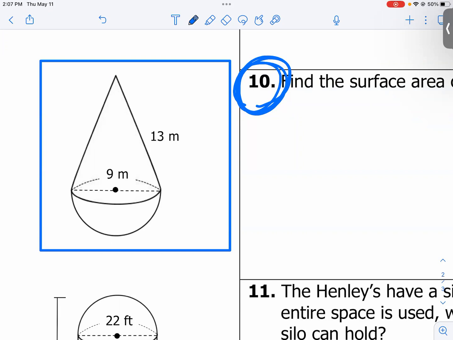Okay, what do we need? So it's just like pi r. Is it just pi